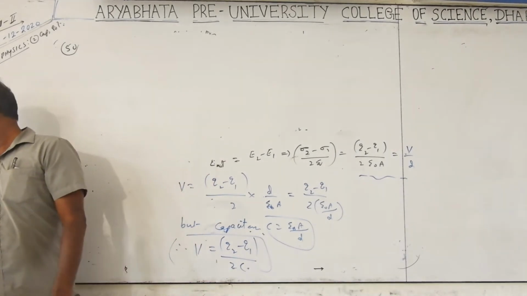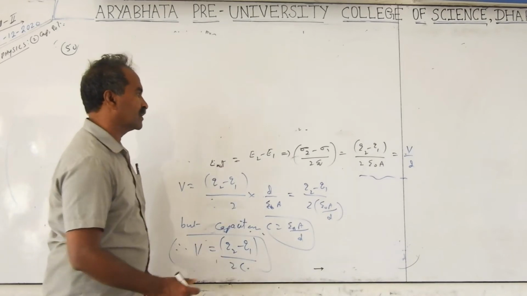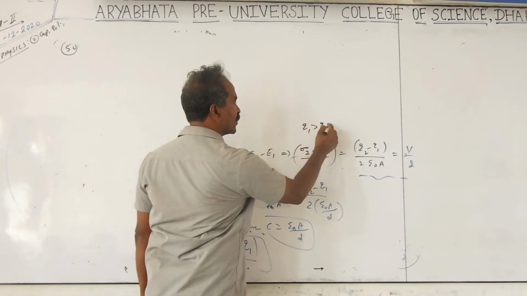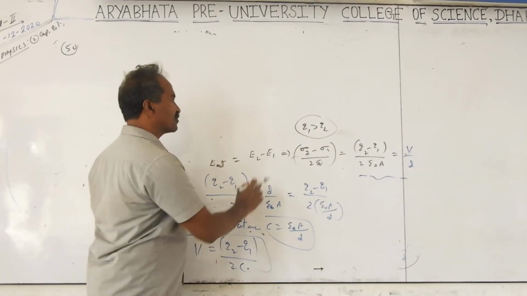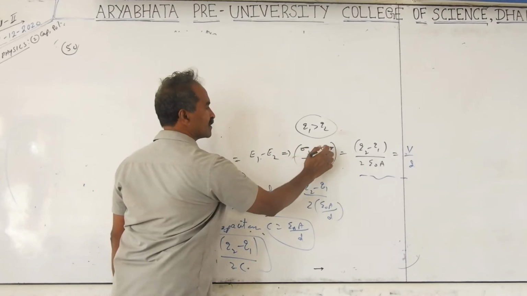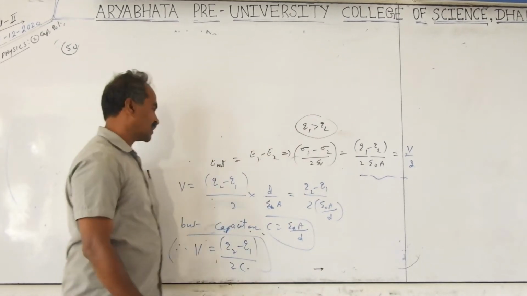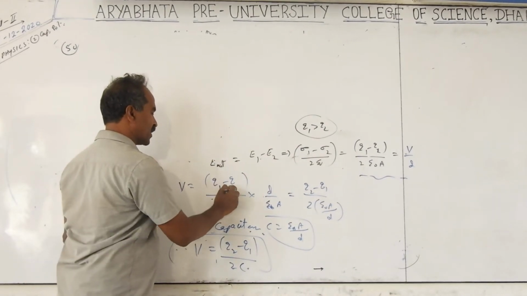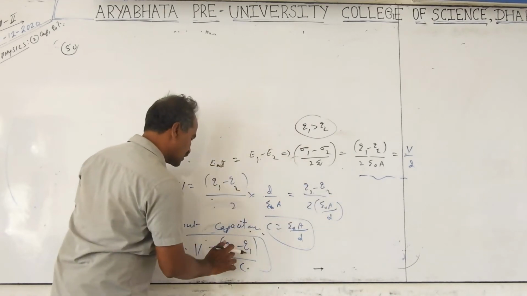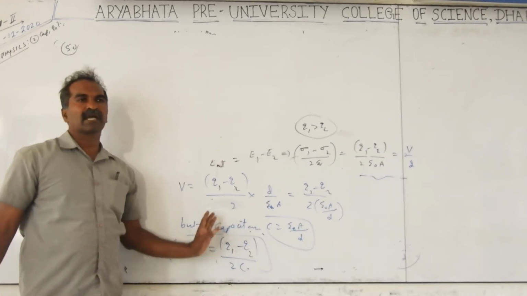The question mentions Q2 less than Q1. That means what is mentioned in the question is that Q1 is greater than Q2. It is not an algebraic reversal. Q1 greater than Q2 means E1 is greater than E2. This reverses, so we get Q1 minus Q2: large minus small. In all the steps, the check is Q1 minus Q2. The result is Q1 minus Q2. Subtract the smaller from the larger one.